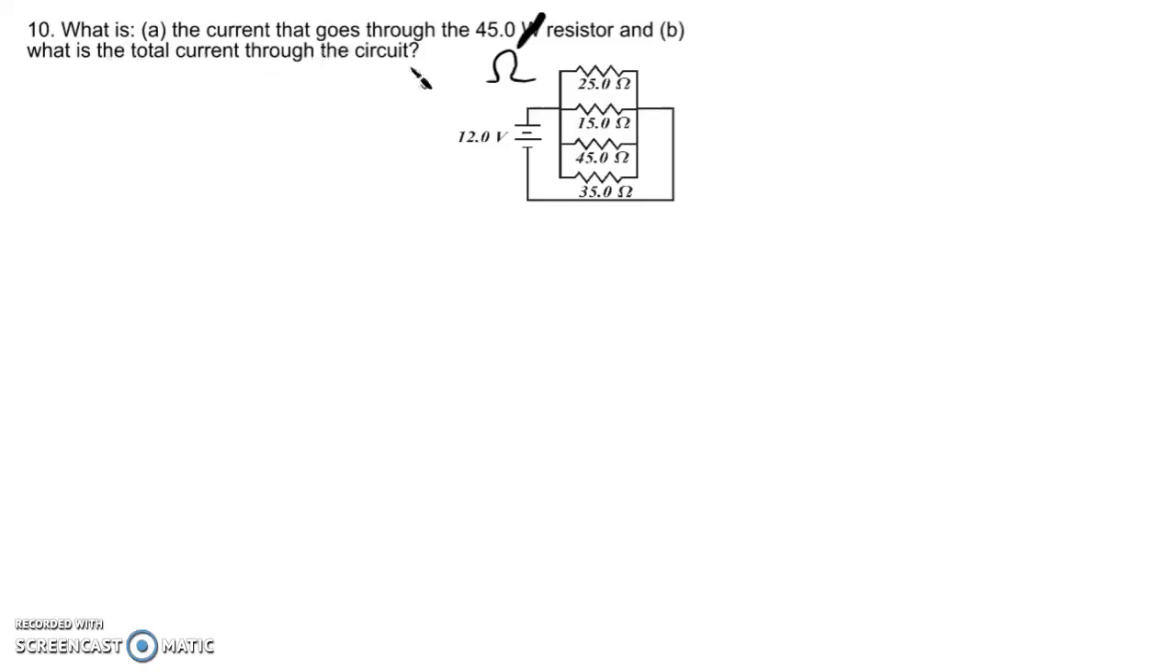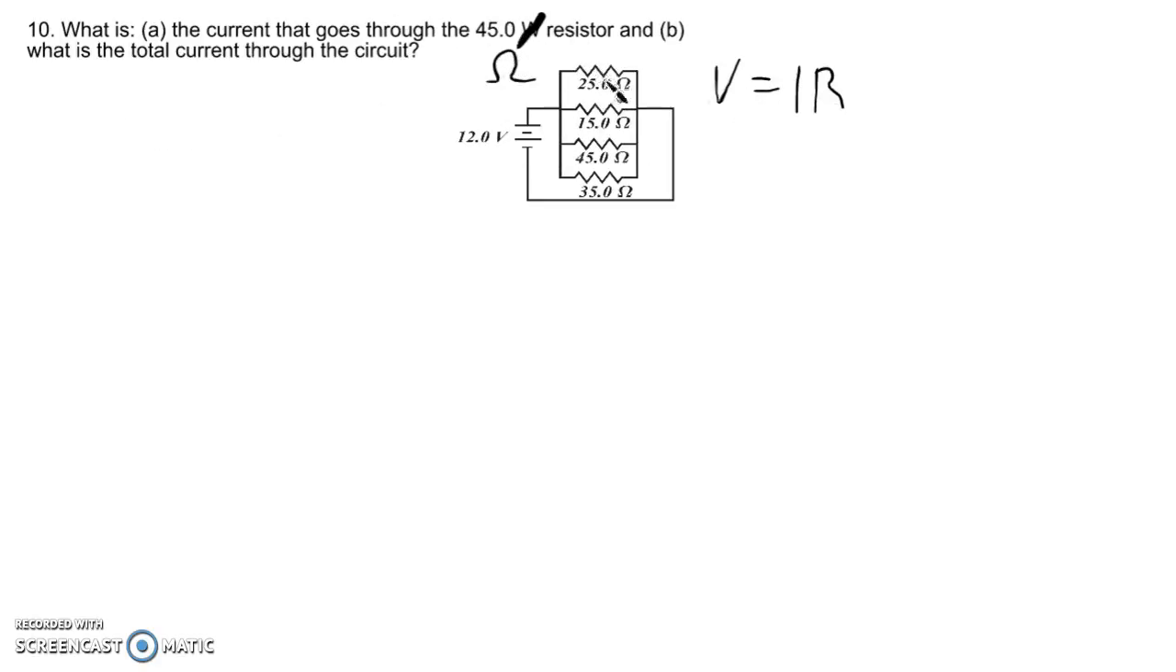What is the current that goes through the 45 ohm resistor, and what is the total current through the circuit? Both of these problems can be solved using the equation voltage equals current times resistance. For the first problem,